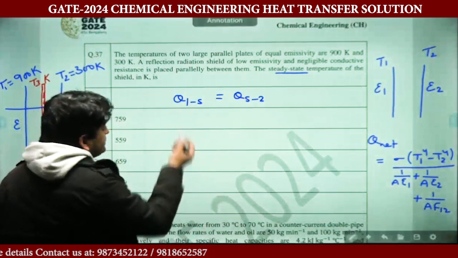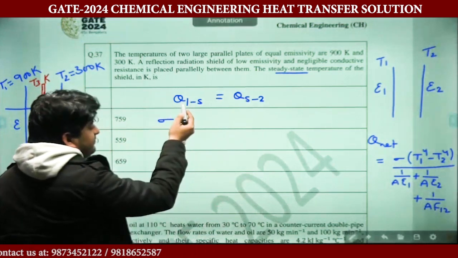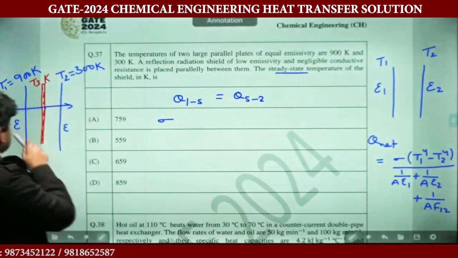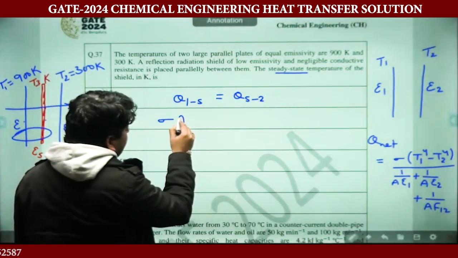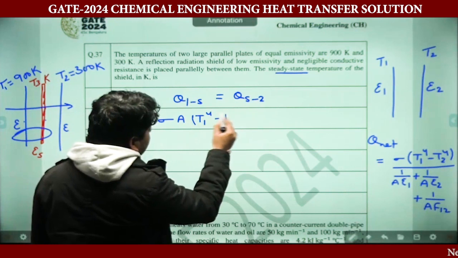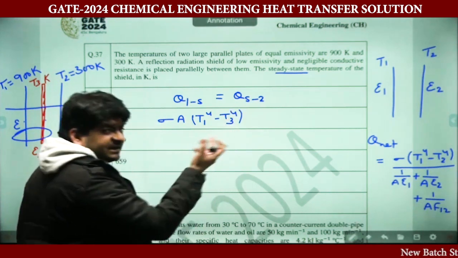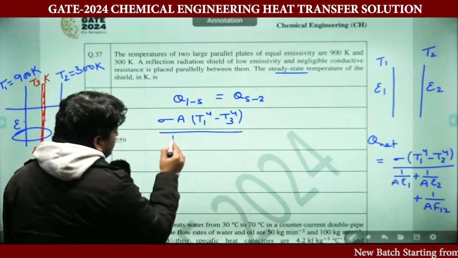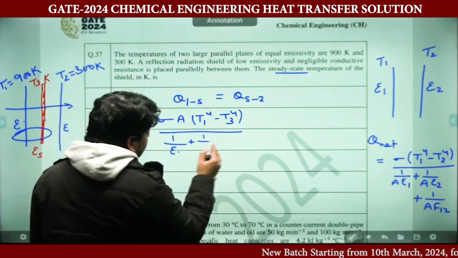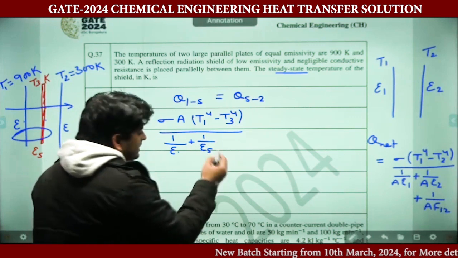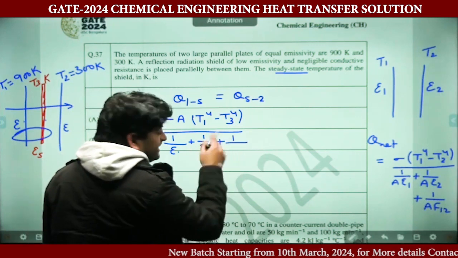So you can put the values for the first part, first plate and shield. You can write it as sigma A (T1 power 4 minus T3 power 4, where T3 is the temperature of the shield) divided by 1 upon epsilon for the plate plus 1 upon epsilon s for the shield plus 1 upon F13,